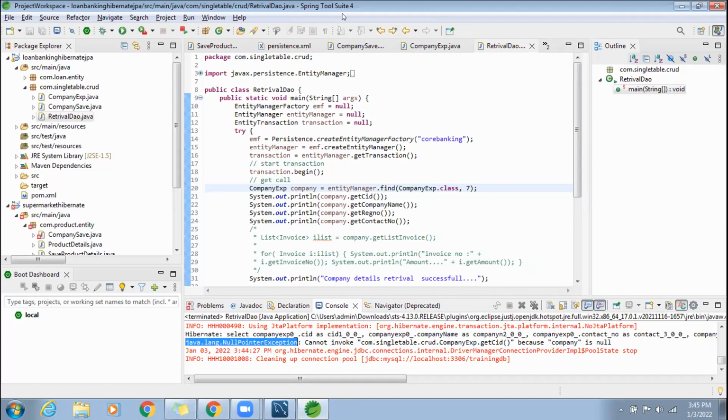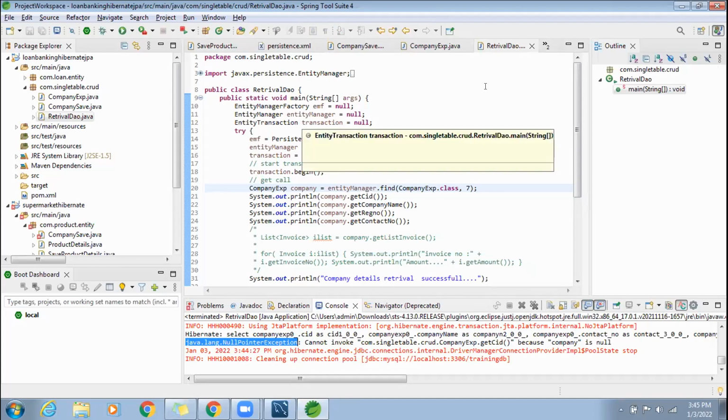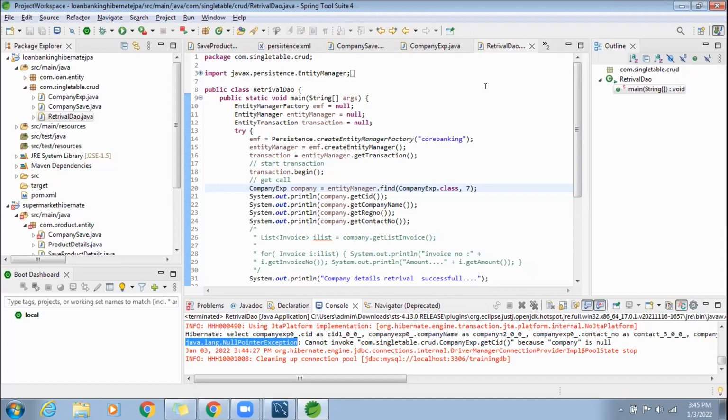There is an exception. When the 20th line is running, the JVM is throwing you the exception, that is, the database throws an exception, so the JVM throws the exception. Where will your code go? We wrote try catch. Since we wrote try catch, it will go to the catch block.